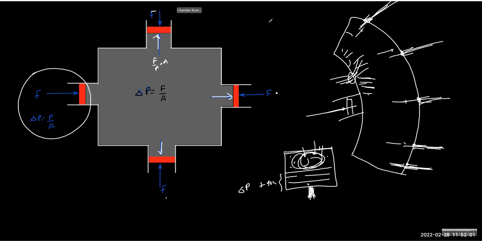Okay, Pascal's law is not a big deal. I think we are done with Pascal's law. I will not go into more detail than this. You can go to a new concept. The next concept is pretty important, and that's called